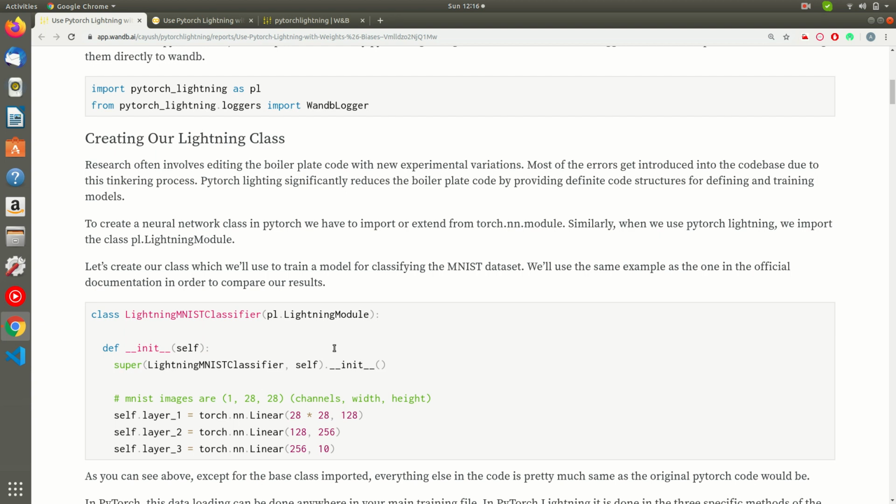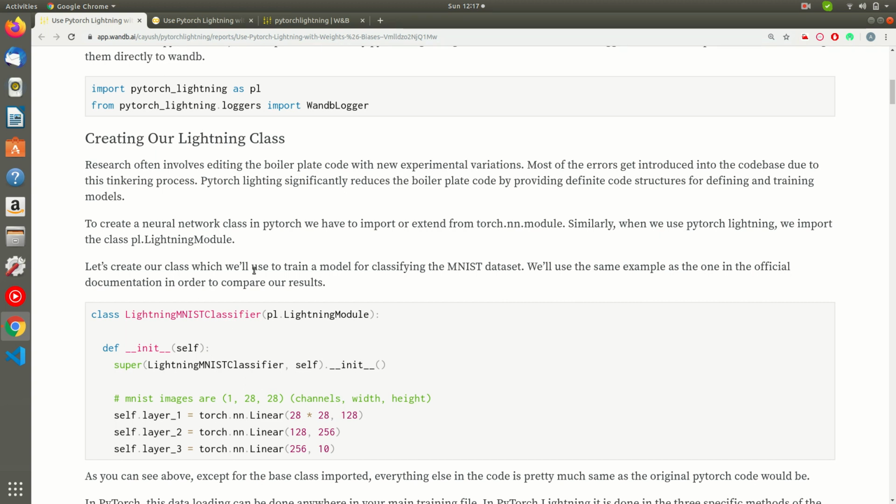As the code becomes large, you might end up introducing a bug even while writing something quite simple. What PyTorch Lightning does is define modules to do something quite specific, and you don't have to repeat yourself over and over again. So you can focus only on the research code and not on the repetitive code. We'll see how that is done later on.